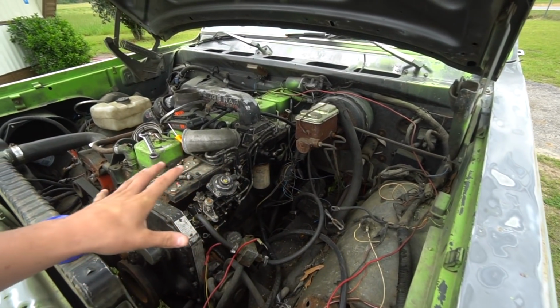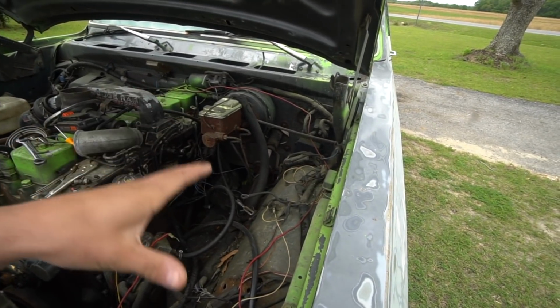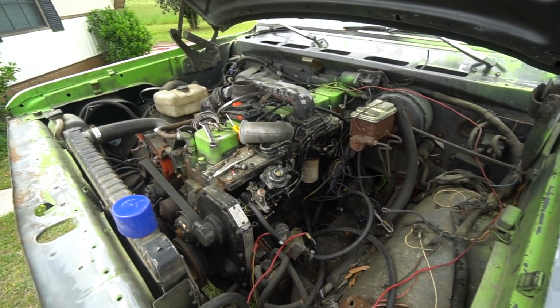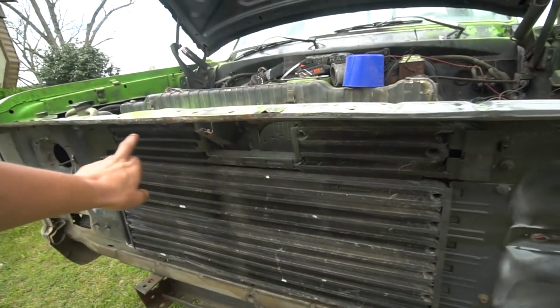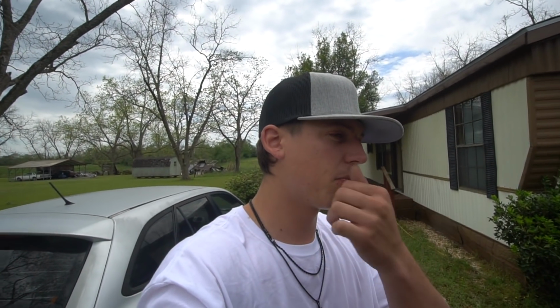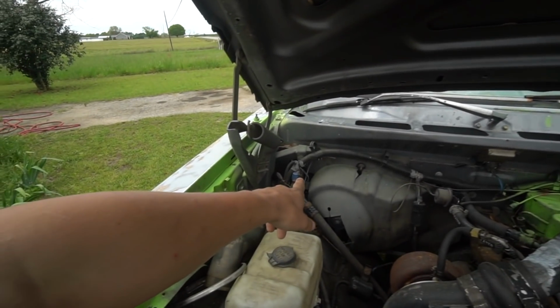But I need to get all these wires cleaned up, figure out what wires go where, and yeah, it's just a whole process. But I'm gonna take that AC out, take that AC condenser out. I may put an external transmission cooler on this thing just so we can get the lines and the cooler out of the grill, because if we end up intercooling this thing, because it's not intercooled right now, I was thinking about either putting a water to air intercooler